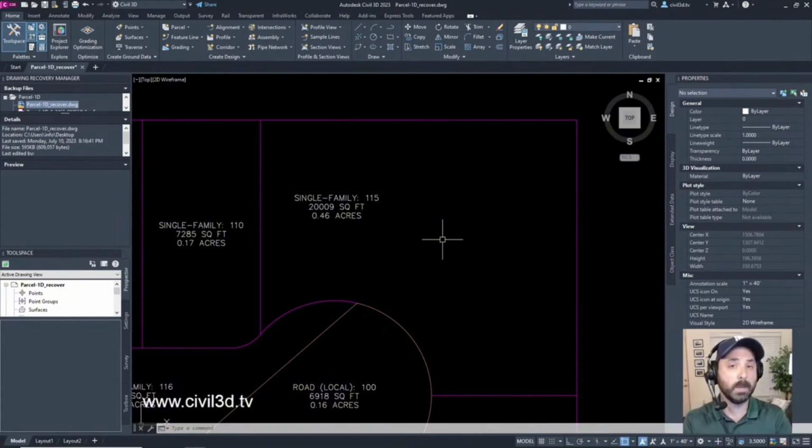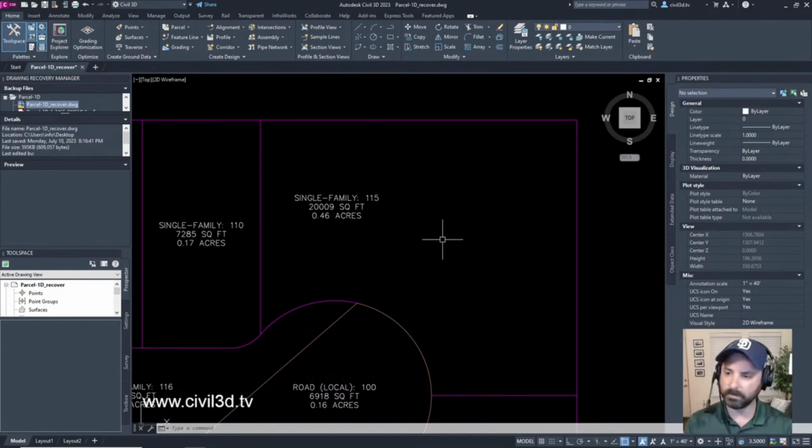I'm sure there's a lot of people out there who, whenever you're dealing with surfaces, you're trying to grade something the best that you can, and then for whatever reason, certain tools aren't working for you, and then Civil 3D will blow you out of the program.